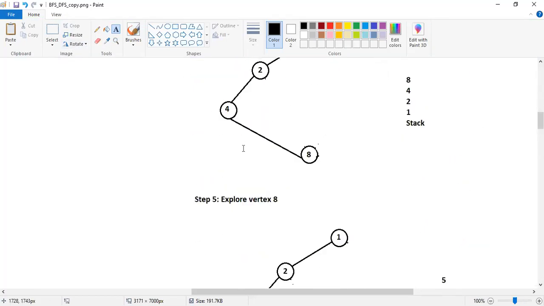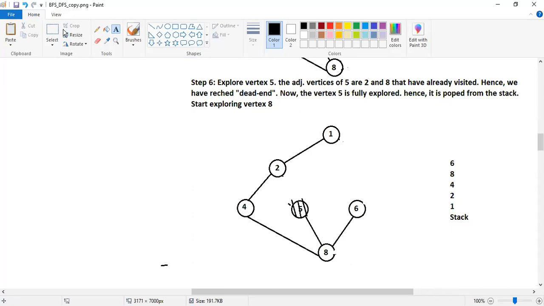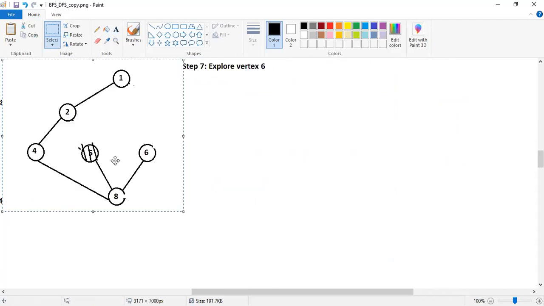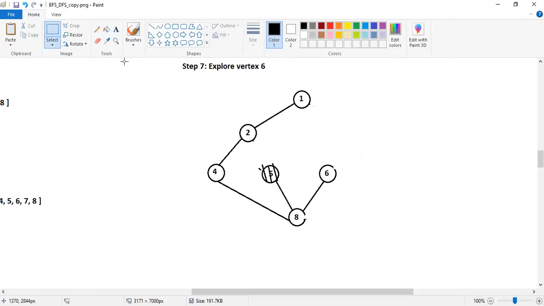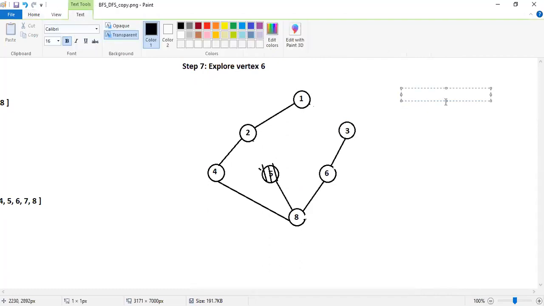So let me make use of this one now. From here, I will visit one more vertex, 3, wherein 3 and 6 both have been connected. Okay. Now, at the end of this particular step, what will our stack consist of?